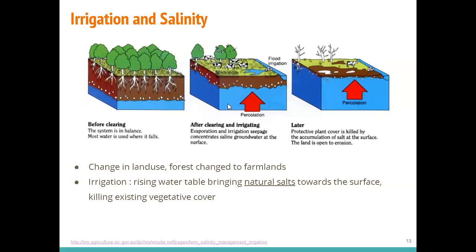And if you're trying to do that, you will have irrigation because you need the grass for the cows, right? Irrigation, and then you will raise this groundwater surface to another level, and you will end up having saline, salty groundwater at the surface, and then that would further destroy your trees or forest in here, okay.